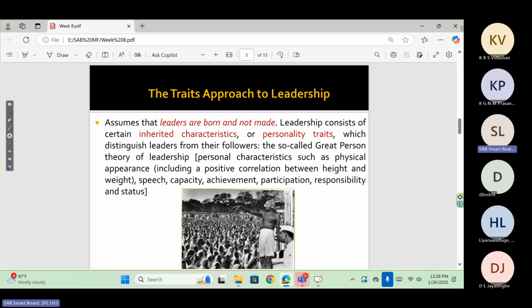Here, Mahatma Gandhi's personality is highlighted as an example. But even Mahatma Gandhi got a lot of points, characters and competencies through education at London University. But some other characters he brought by birth. Therefore, we have to consider both. Some qualities come genetically, some should be developed from the environment. But this theory says leaders are born, not made.